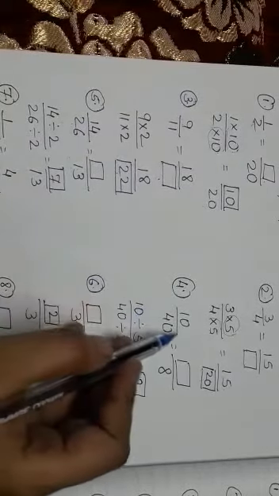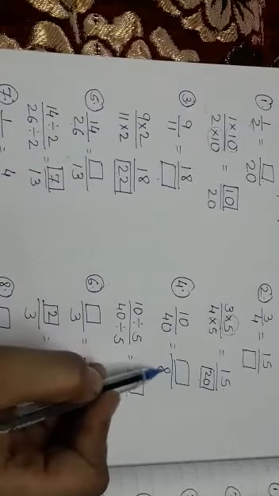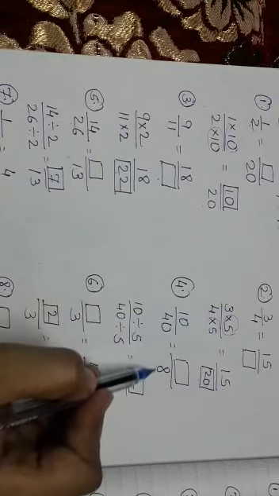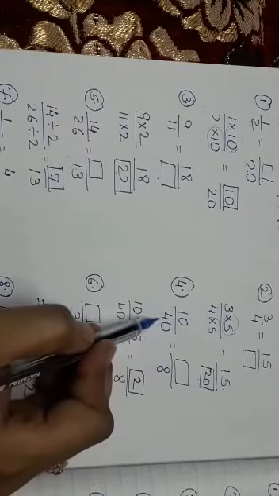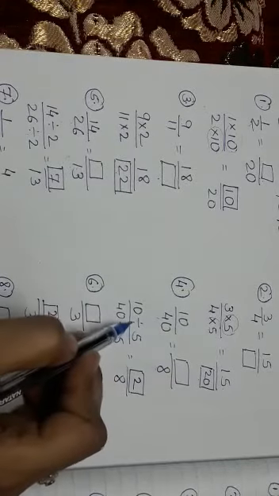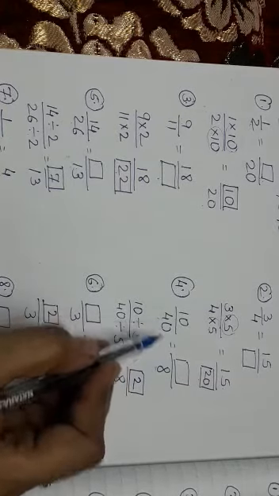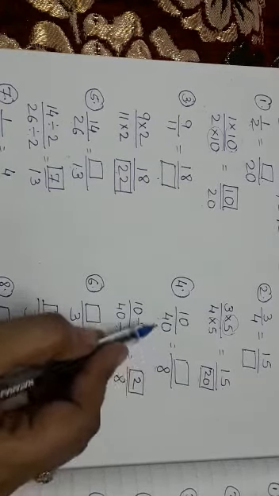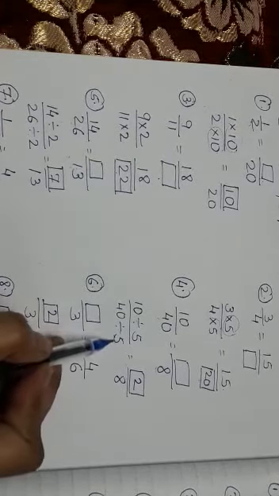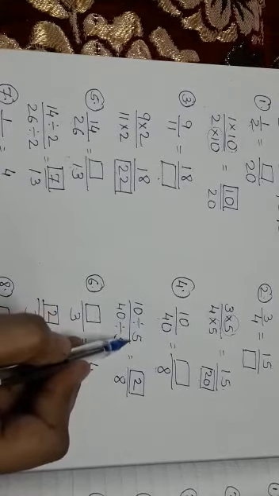See the fourth one, 10 upon 40 and here 8. This incomplete one is the second fraction. Now in this case the first fraction is bigger and the second fraction is smaller. When the first fraction is bigger, you will do division. So here I have done the division. In 8 table, 40 comes, how much? 8 5s are 40, which I have written here, divided by 5. So the same way in the numerator also I will write divided by 5.